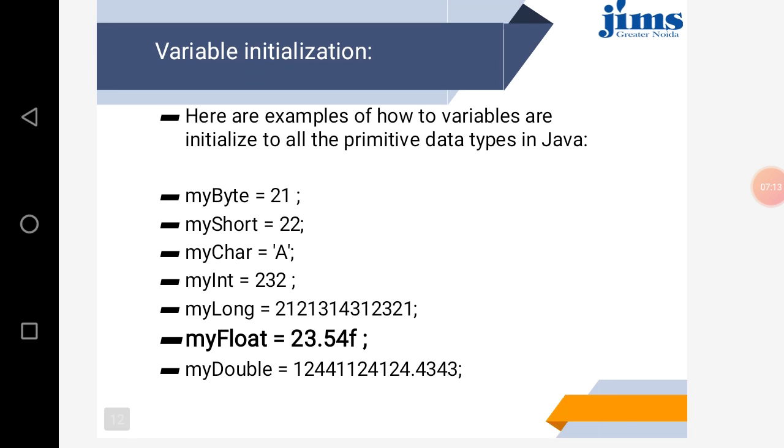And now how we initialize any variable. First we declare the variable, then we can initialize. When we are mentioning a number, we can write the number simply without any other attributes or any symbol. But to mention a character, we use single quotes. For a string, we use double quotes, and when we are using float, then we write the F symbol after the number.